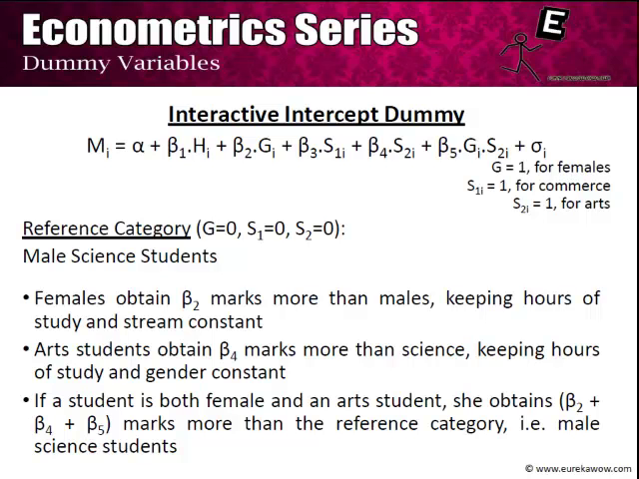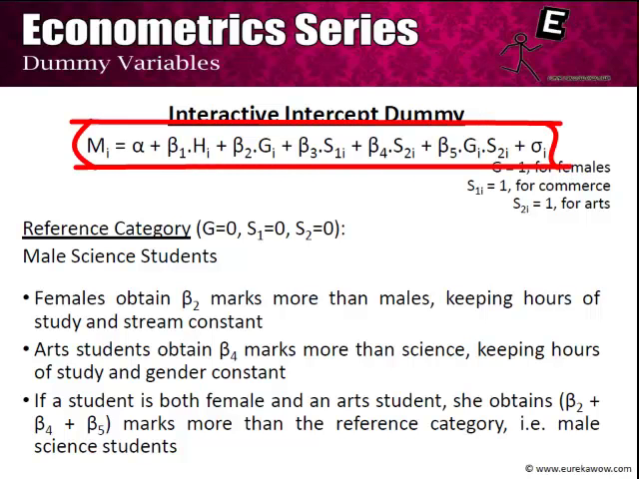Very often when we say an interactive dummy, we are talking about slope dummies, but there can also be an interactive intercept dummy, as we show in this case. So for example, if we consider marks again as a function of hours of study, of gender and of stream, we can very well construct a model such as this, wherein mi, which is marks obtained, is equal to alpha plus beta 1 hi, which is hours of study, plus beta 2 gi, which equals 1 for females, plus beta 3 s1i, which equals 1 for commerce students, plus beta 4 s2i, which equals 1 for art students. This is the kind of model that we have considered thus far, but now we add another term